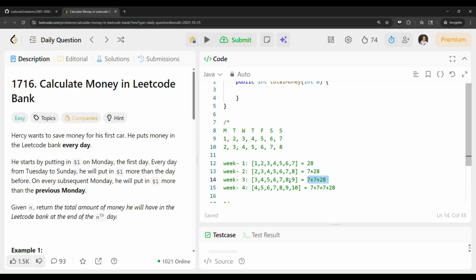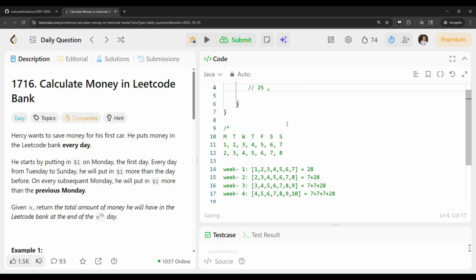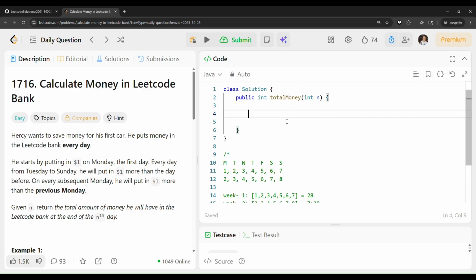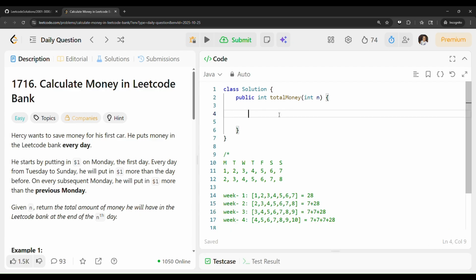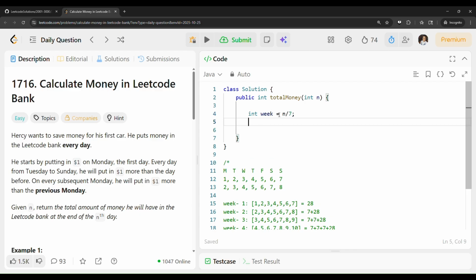So this is how the money is being put into the bank, and we have to calculate the money on the nth day. Let's say we are on the 25th day. How many weeks would have passed? It will be 25 divided by 7, which is 3 weeks. We are currently in the 4th week, but we cannot take the entire money of the 4th week because we are on some day in the 4th week. So we need the number of weeks that have passed and the day we are currently in. Weeks will be n divided by 7, and the day will be